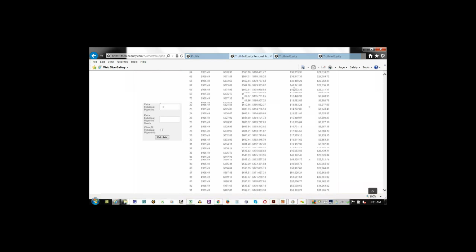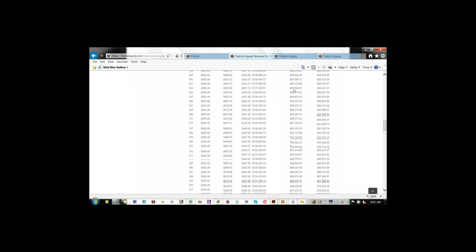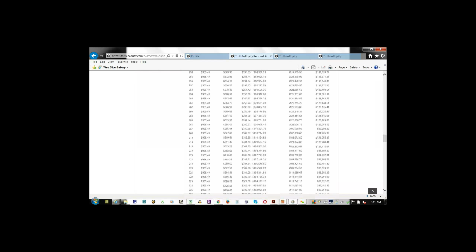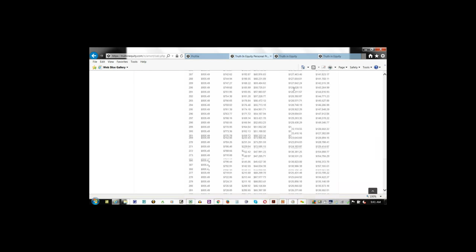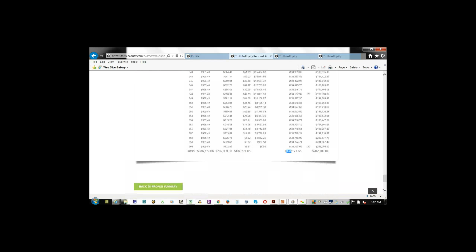I'm going to scroll all the way down. This guy just followed the rules, made the payment, no additional, played the conventional game. 3 3/4. He's got a great rate on the loan, 3 3/4. But he's still going to pay $135,000 in interest on a conventional loan. In the truth and equity model,